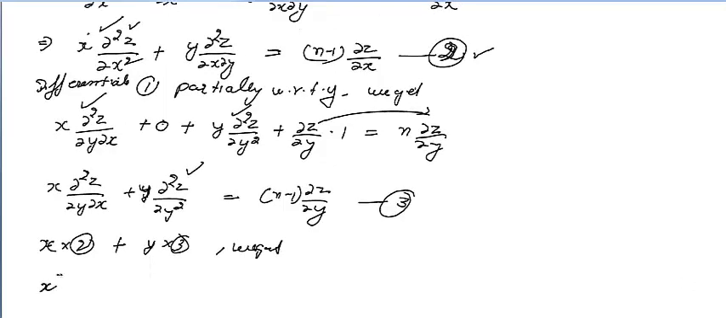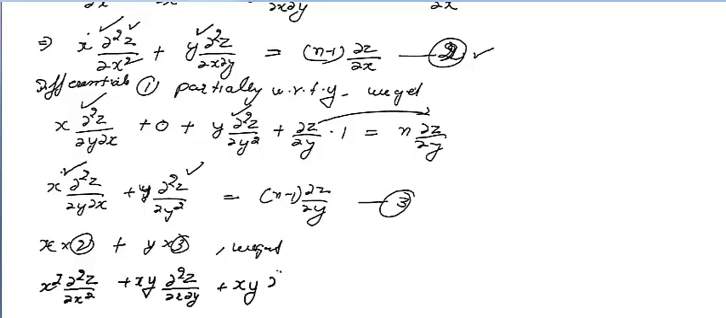you will get x² ∂²z/∂x². Now this will be xy, because y is already there, ∂²z/∂x∂y. First I will write the left hand side. Now the left hand side of equation number 3, x is already there, you will get xy because you are multiplying with y, so ∂²z/∂y∂x. Now multiplying with y here, you will get y² ∂²z/∂y² is equal